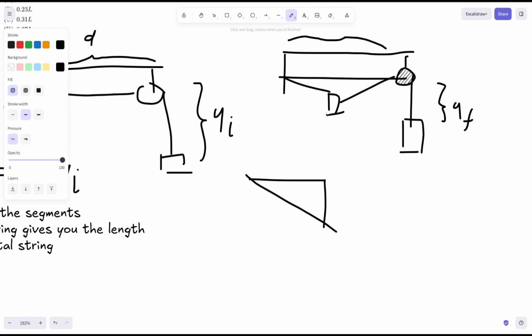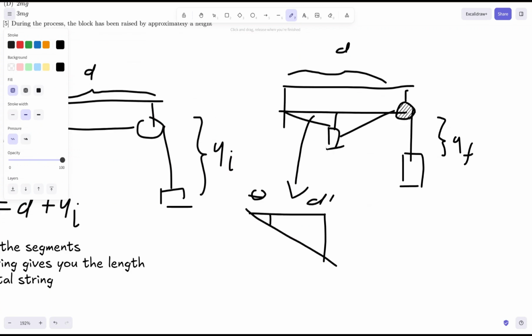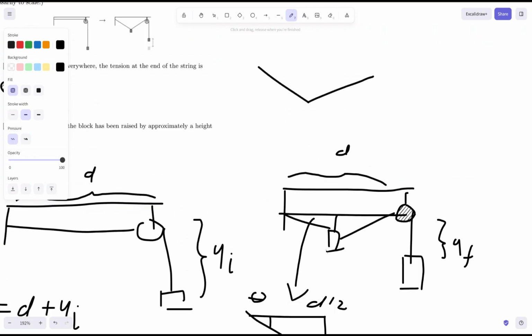So I'm just gonna break it into a triangle, and I'm gonna take this triangle here. We don't know this yet, but we'll figure this out. This is theta, and this is D over 2, right? Because if you put the mass in the middle, I think it's pretty intuitive that the mass wouldn't stop here. It would stop in the middle